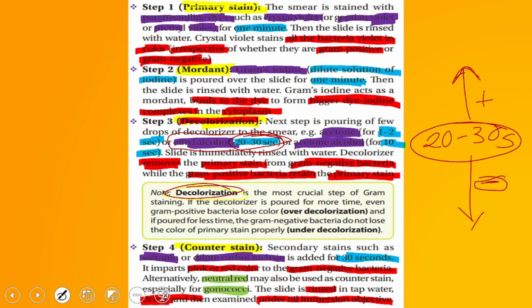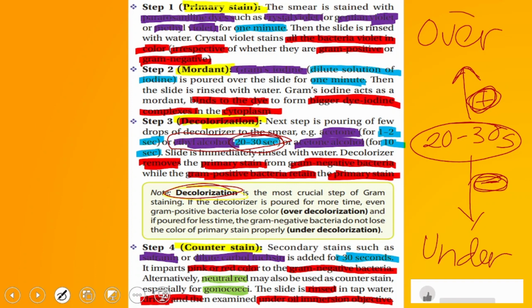If it stays for a longer duration, it is called over decolorization. If the duration is reduced, then definitely it is under decolorization. What is the outcome? If it gets over decolorized, all the gram positive bacteria will also start losing the color. Okay?